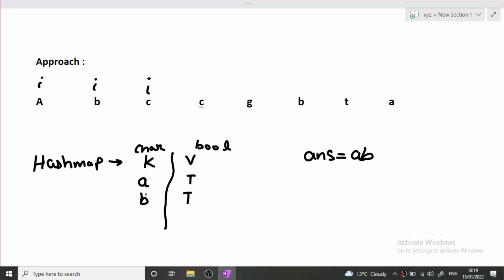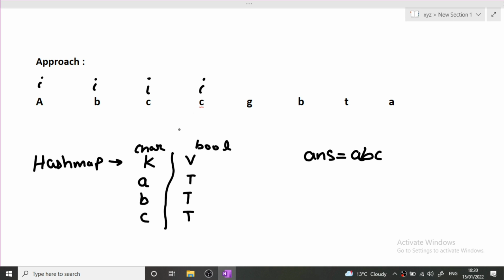So again, we will check whether this C is present in the hash map or not. If it is not present, first we will add the C, give its value as true, then we will add our C to the answer also. Now our iteration will move to the next thing, that is our C. Now first we will check whether our C is present or not present in the hash map. So till now we have seen that all the 3 values A, B, C were not present in the hash map. So what we were doing was, first we were adding them to the hash map, and then we were adding that to the answer string.